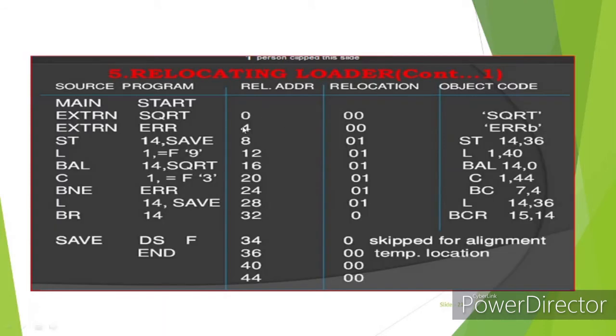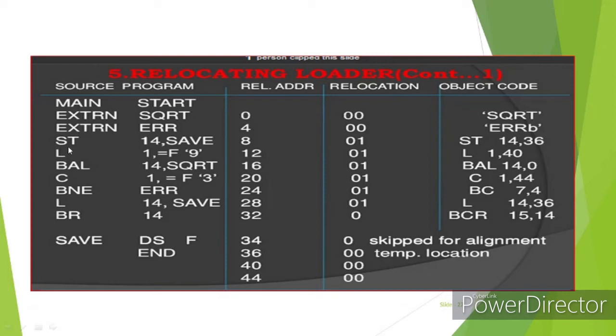This is one example of a relocating loader. Here you can see the source program with the main start, EXTRN SQUARE ROOT routine, and the relocation address is 0, relocation is 00. Object code is square root. Then again EXTRN ERR, address is 4, here ERR B is the object code.